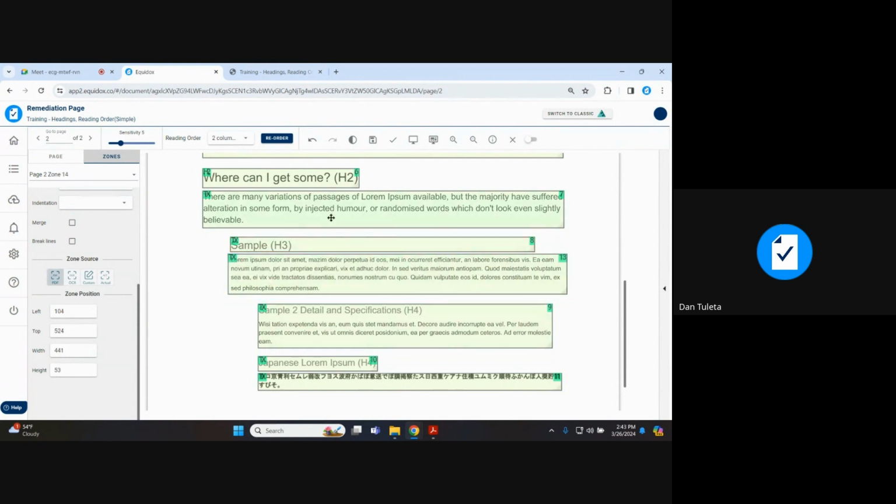So if you need to make very small adjustments like that, you definitely can. You can resize the zone by clicking in the lower right corner, and you can resize and move them around pretty straightforwardly. So this is now an H3, so I tap 3 on my keyboard. It's the same problem here. I just resize, tap 4 for my H4, and then draw a new zone. Now, if I go and check out my preview,